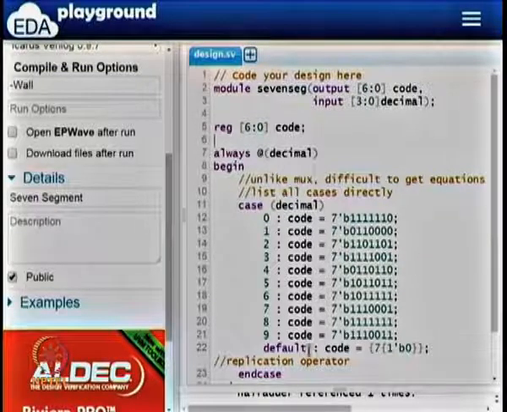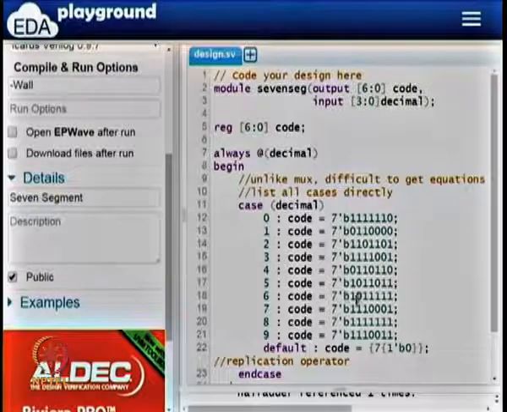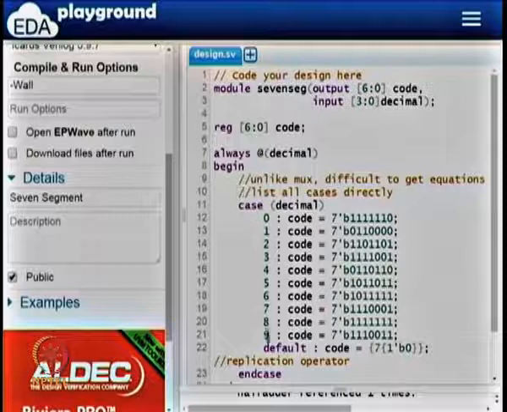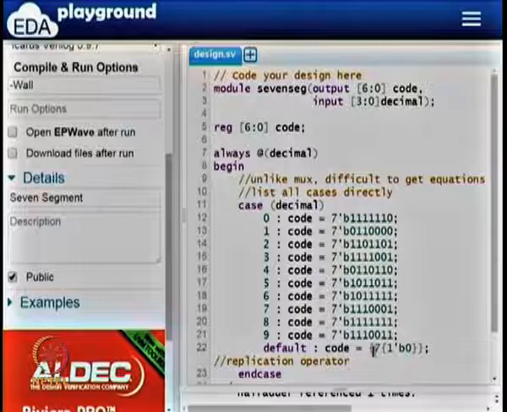So let us look at, for instance, 6. It has a vector which says one segment, the top right segment, is off, so you can see that here, that is 0. So this is simple and nice, and if it is not any of the 10 cases from 0 to 9, by default code is assigned all zeros.